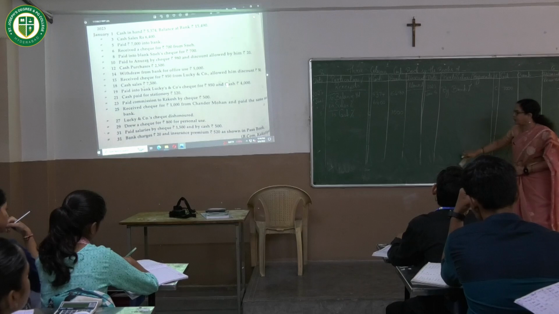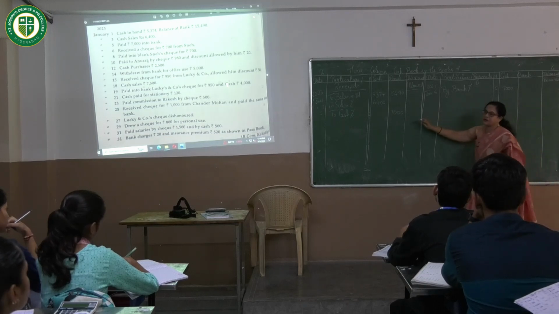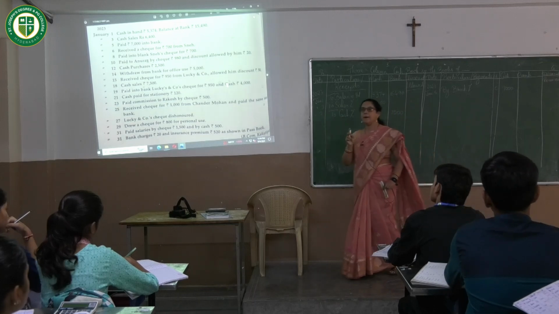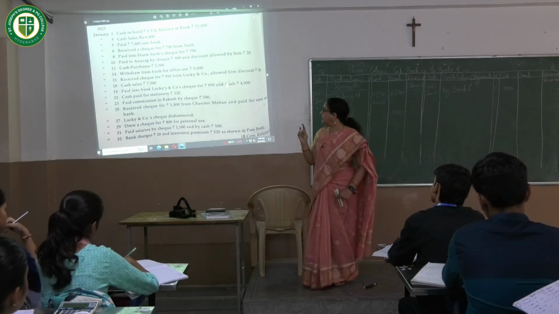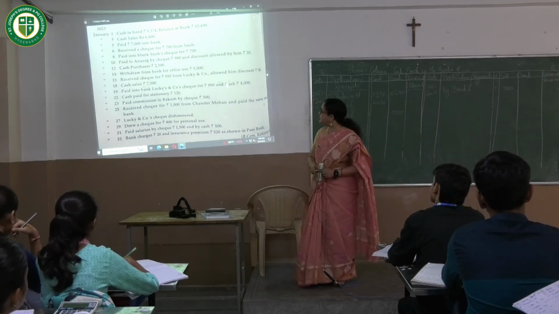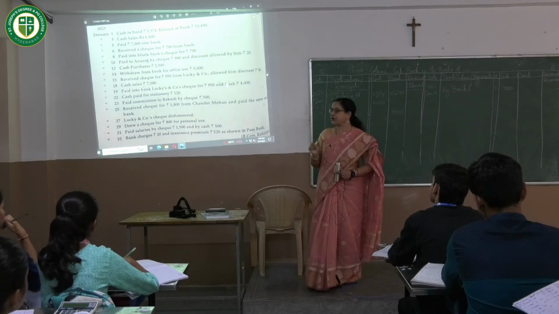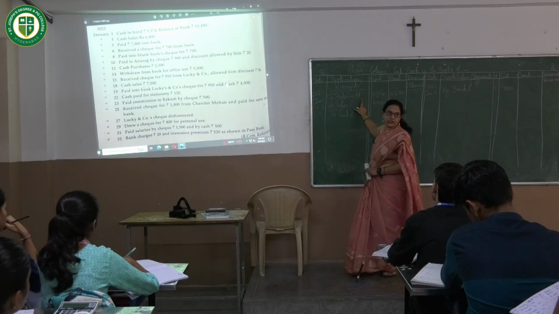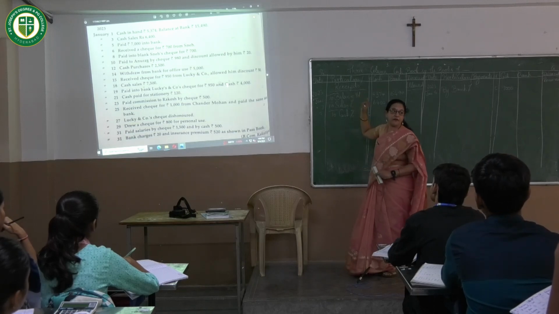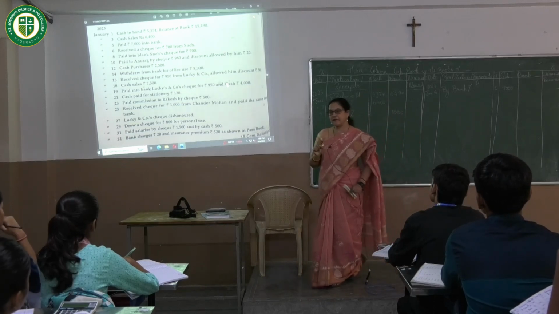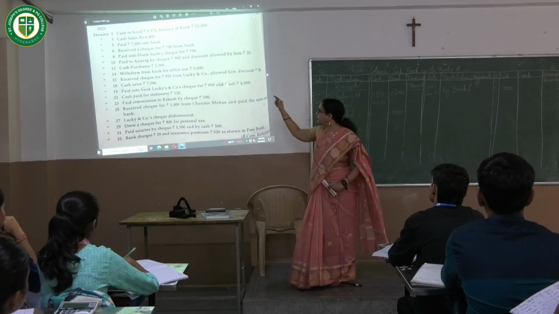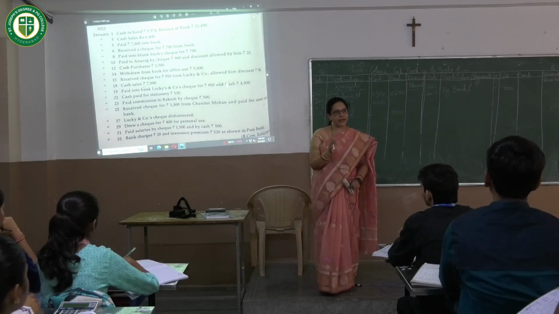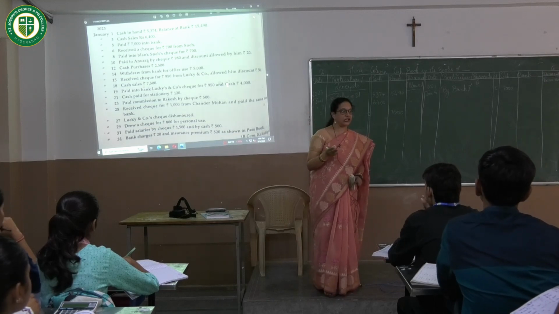Am I clear, everyone? We have to record the contra entry twice. It gets affected on both the sides with the same amount but in a different column. Next one is, we have received a check from Mr. Sneh. Whenever we receive a check, we will write it on the receipt side or the debit side itself. But we have to always make sure whenever we receive a check, you check whether that person's check was deposited on this very same day or it was deposited on a later date.